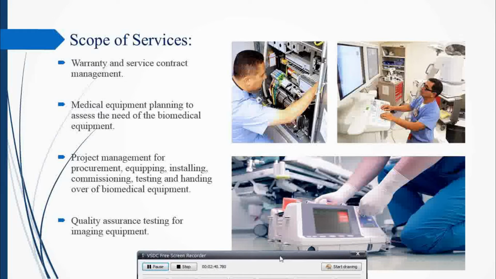And then project management for procurement and equipping. This one is more like you are in the state of buying, right? And then bidding for the price, and getting the best suppliers, the best system. So you have to plan for this procurement process. Purchasing, and once you have purchased, then you have to do equipping. That means deciding where the place is that we're going to use the system,